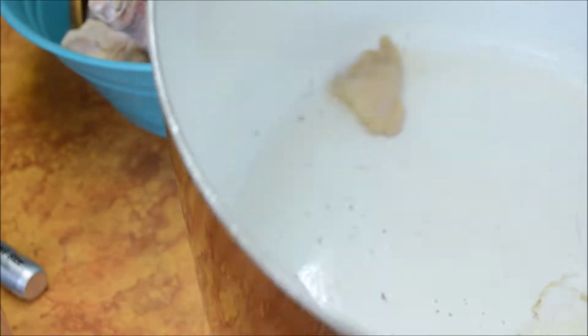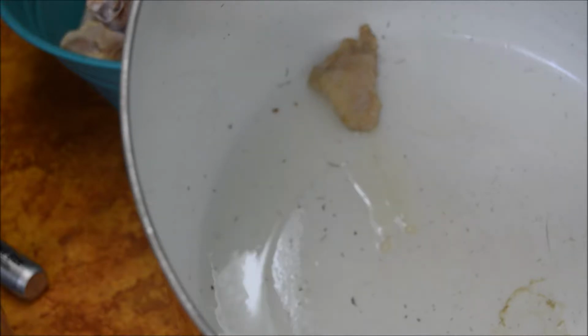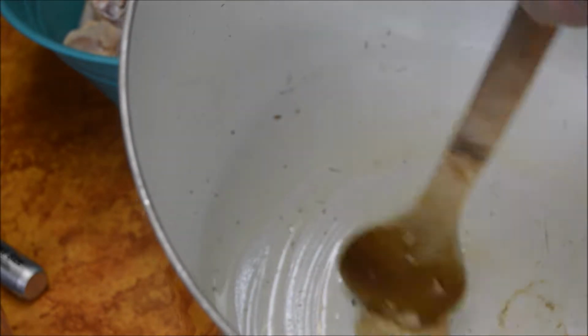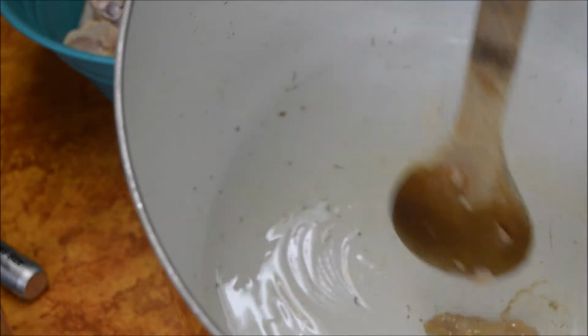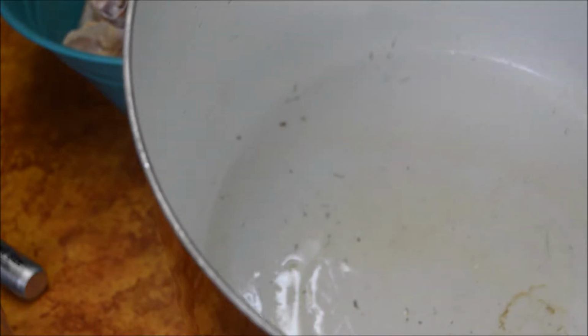and I have just heated it up a little bit with a little oil, and that's just a piece of chicken fat that came off. I just threw it in here to check the oil temp, but then I cooled it down because I originally wasn't going to record this, but then I decided to. So we just take our stock pan, and I'm going to heat it back up,